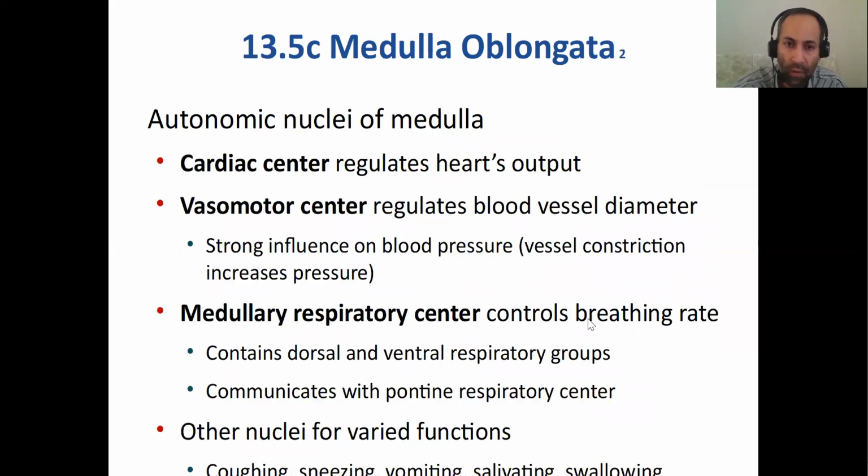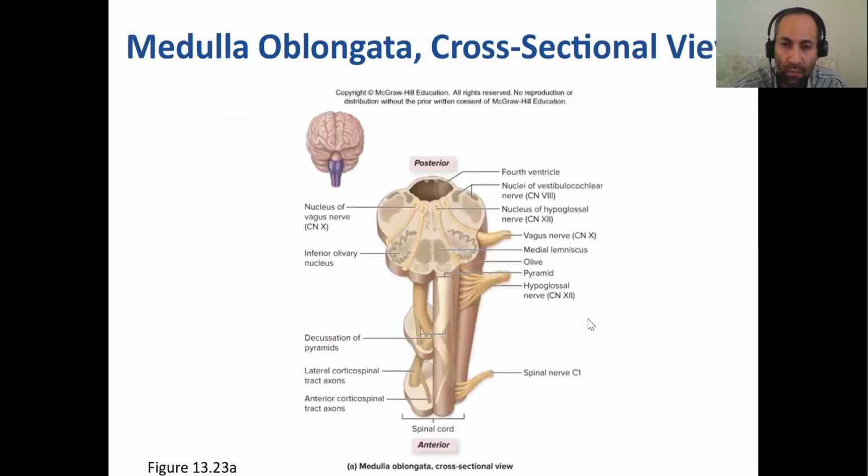Medulla oblongata, okay? And so what do we have in the medulla oblongata? The important centers here are, let's see, the inferior olivary nucleus. This has to do with visual localization again, right? And the nuclei of many cranial nerves emerge from the medulla oblongata as well: cranial nerve number 8, the vestibulocochlear nerve, the hypoglossal nerve, the vagus nerve, nerve number 10. These important nerves all emerge